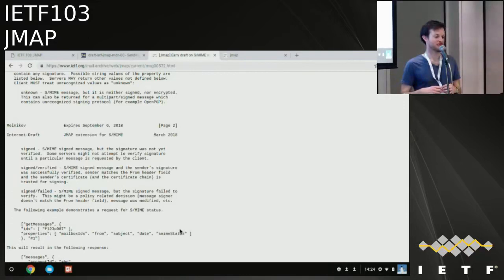Signed failed, again, depending what kind of information you want, you might want to add diagnostic describing what exactly failed. Is everything fine except the certificate expired? Did the from not match? Again, there are multiple levels of this. For users, it's probably just one string.